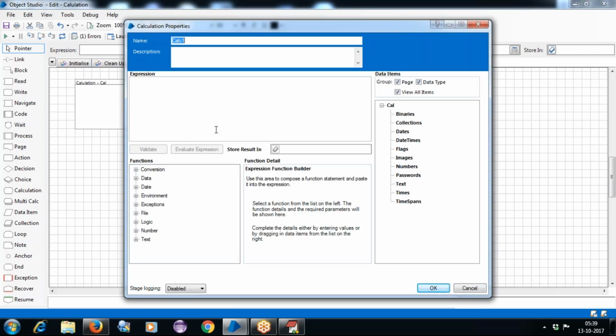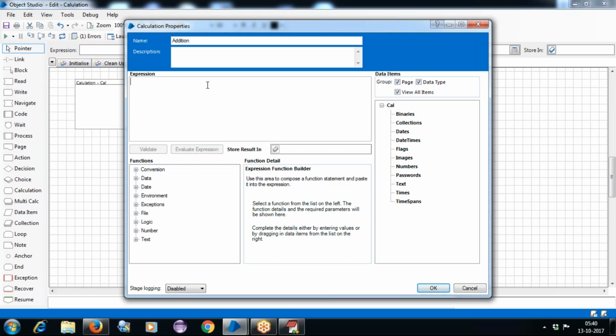Once you double click on it, it asks what exactly the calculation is that you want to perform. You can provide any name, and I will call it Addition. Then you need to provide the expression that you want to type here.